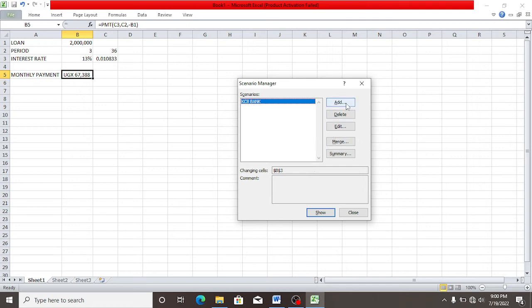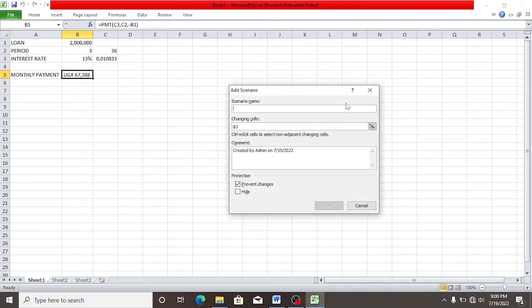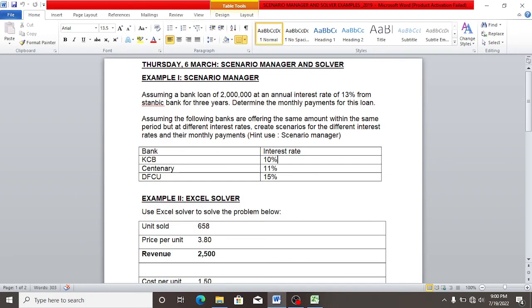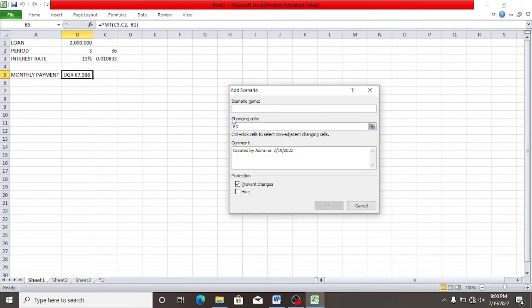Okay, let me just add another scenario. Then it's going to be for Centenary Bank. Okay, changing cells, it is the interest rate, which is 13%.